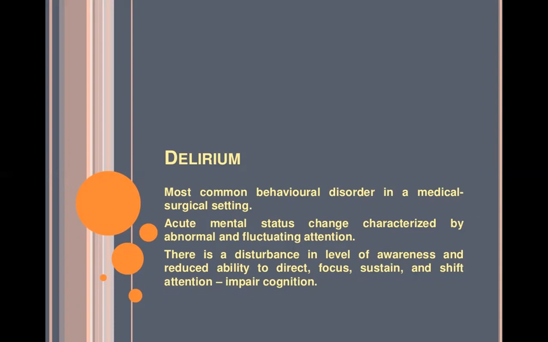So in this, acute mental status changes are characterized by abnormal or fluctuating attention. Means in delirium, the person has the problem of mental status changes, and the patient shows abnormal or fluctuating attention. There is disturbance in level of awareness, means the person is not fully aware, or the orientation decreases, and there is reduced ability to direct or focus on any object, and to sustain and shift